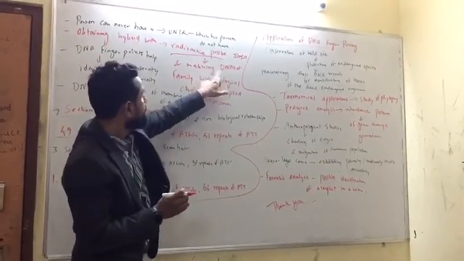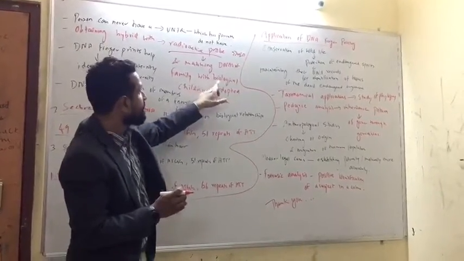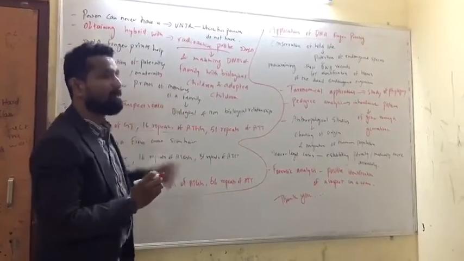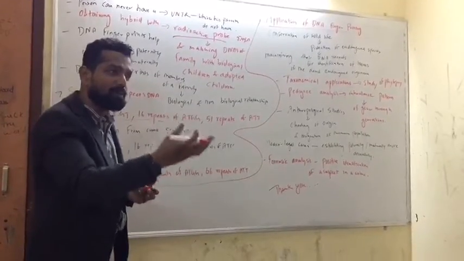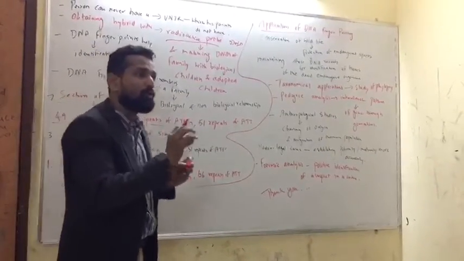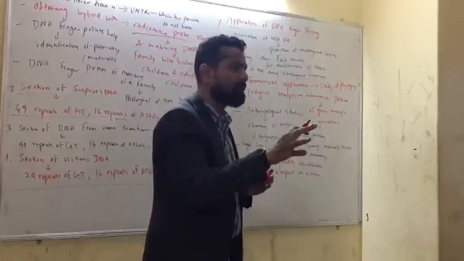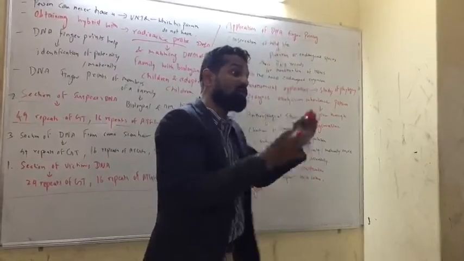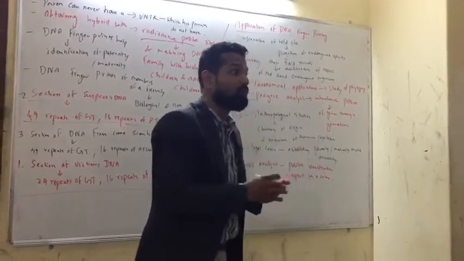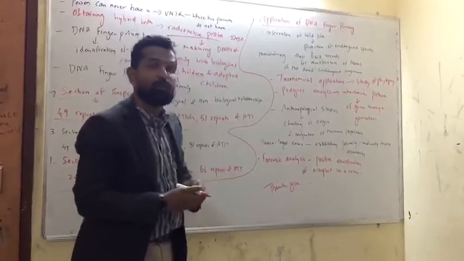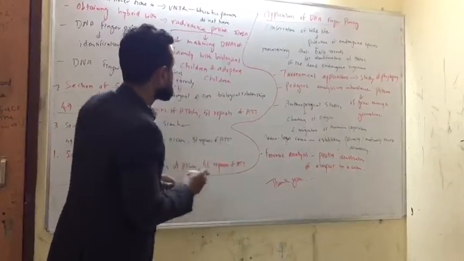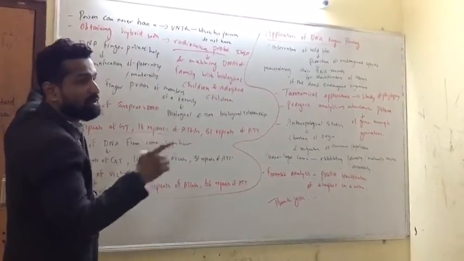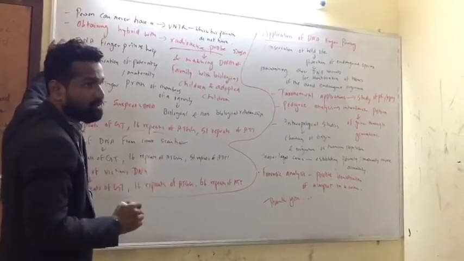So now please pay attention. This is used to maintain the DNA records of the family, with biological children and adopted children. With the help of this probe we can not only understand criminal activities, but also human behavior, skin color, family members, and the previous generations, where they came from. We can find this out by making the ready-made probe. Like this we can understand family history also. But as I have told, there is a lot of disadvantage, as these things can be misused 100%. Yes or not?